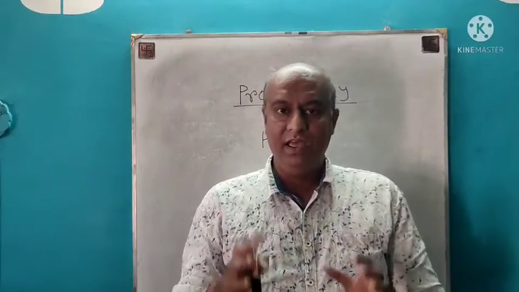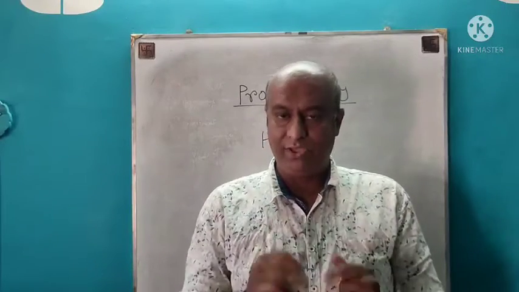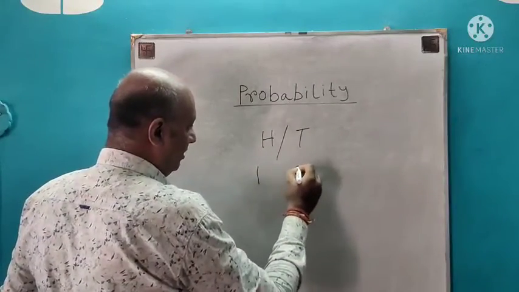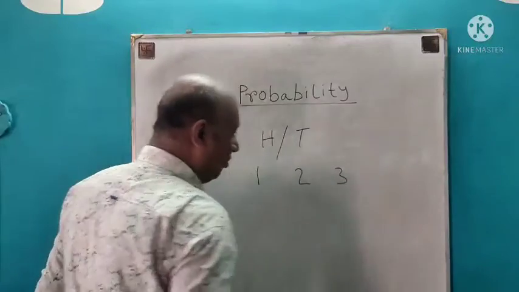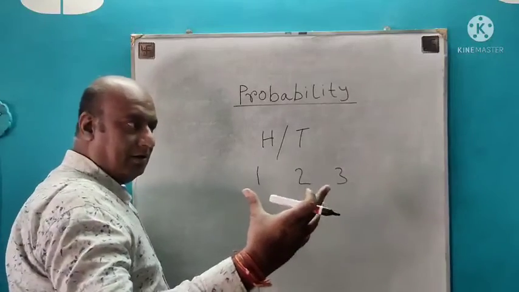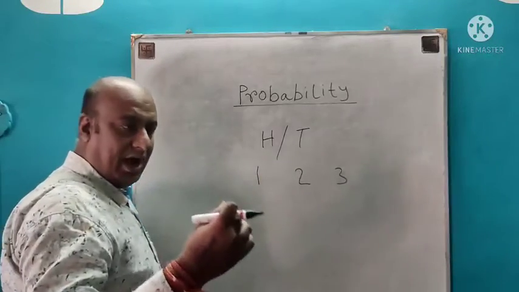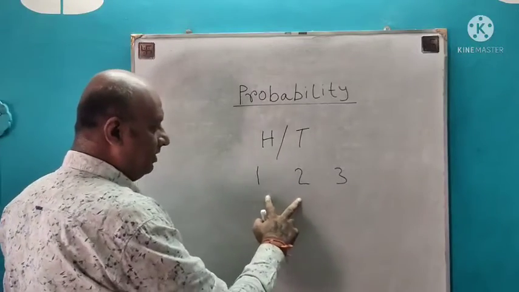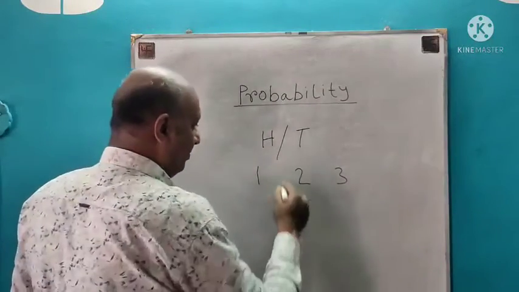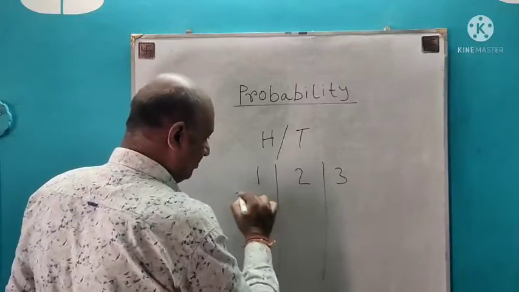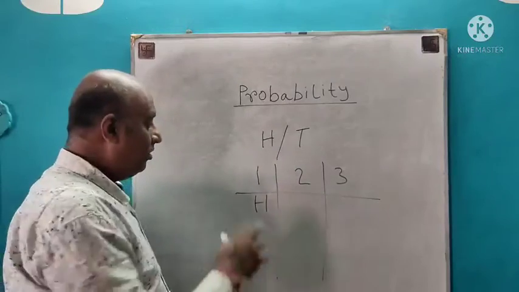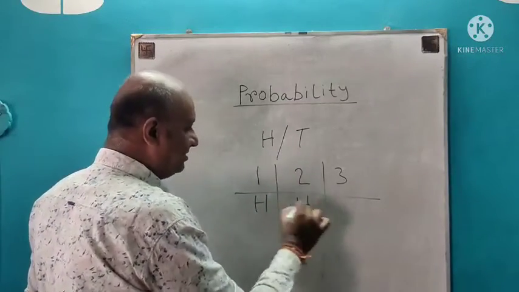Now let's consider I am tossing 3 coins. So how to draw the sample space? Let's learn. Coin number 1, coin number 2, coin number 3. This will be a little more in number, so we have to fix the possibilities of coin number 1 and 2, and vary the possibility in coin number 3. Let's start. Let's say we have got head in the first coin and head in the second coin. We are fixing these 2.